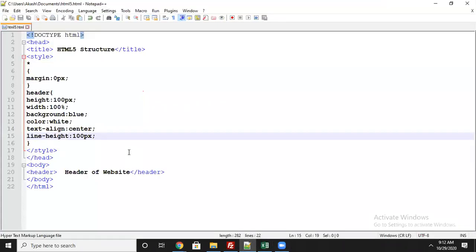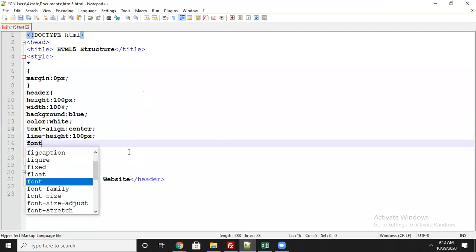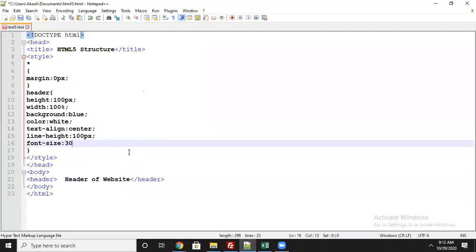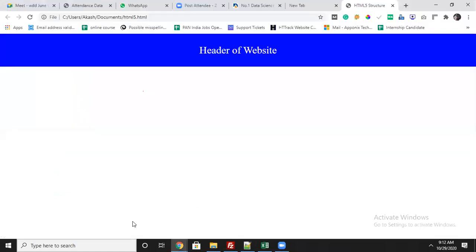Okay, you can check out here, it is in the middle of the slide, but the content is looking very small. By default, I told you, 16 px will be the display text. You have to increment it. If you want to do that, you have to write the property called font-size. Font-size, you can add 30 px, I will specify. By default it is 16, I told you. Now you see it is 30 px.